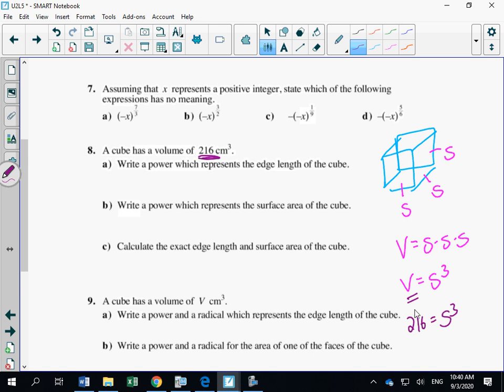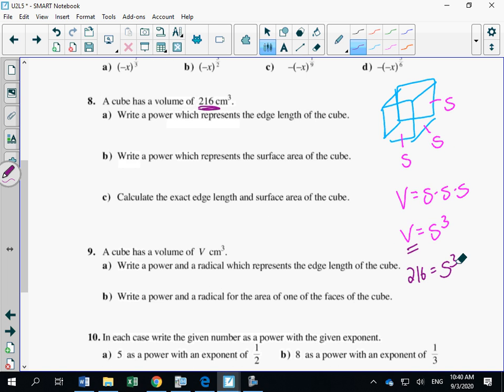And then from here, I need to isolate s because they want a power which represents the side length. So they want side length. In order to get rid of a cube, you cube root. What you do to one side, you do to the other side. So the side length is equal to the third root of 216. Writing that,